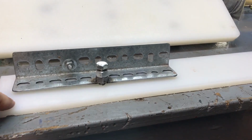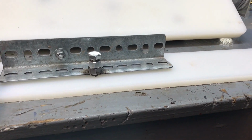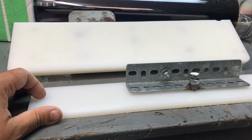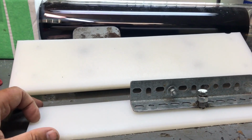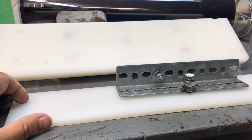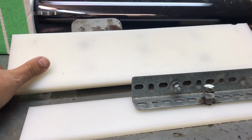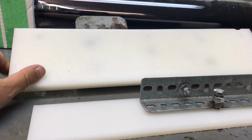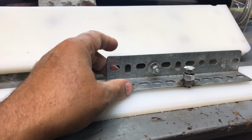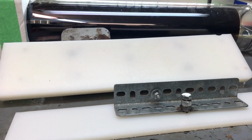Okay. I guess I really need to think about temperature. I don't know what this stuff is made out of. I doubt that it's nylon or Delrin because that stuff is pretty expensive. And this was just a $10 cutting board, so I doubt it was the expensive stuff. It's probably some high density polystyrene, poly something or other. I think it's probably plastic. So therefore, I got to worry about heat. Too hot, and you know, these get pretty hot when you're grinding, and it might melt it. So let me stop there, and let me get this put on and mounted,